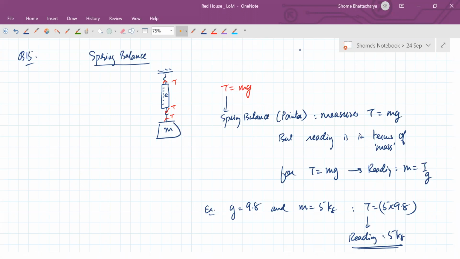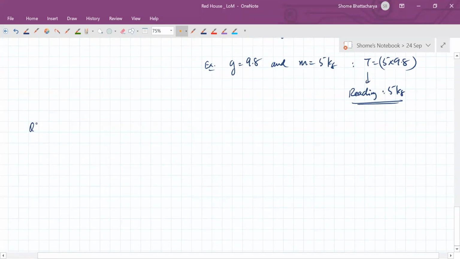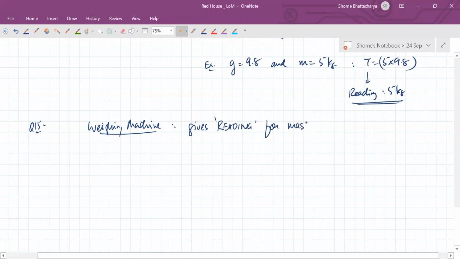Acha. But actually, 16th is also based, 15th is also based on the same principle. That's the same thing that a weighing machine also does. But instead of even a weighing machine, for example, so that one was 16, but whatever. Even a weighing machine gives the reading for mass, but it does this by measurement of tension only, or you can also say normal reaction, because what happens in a floor standing weighing machine is